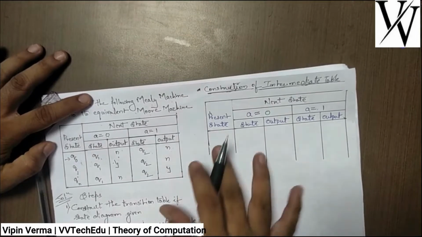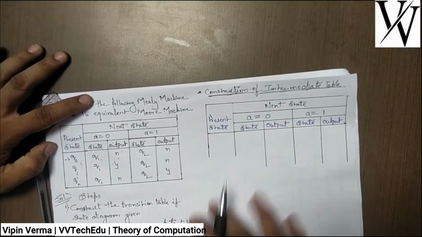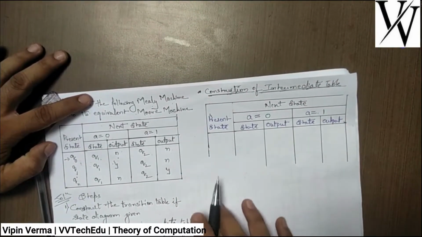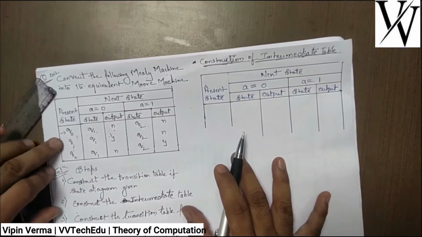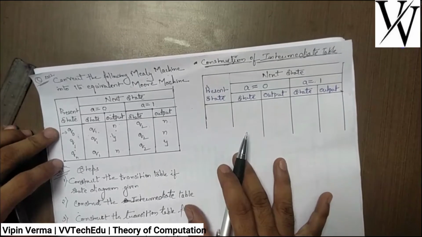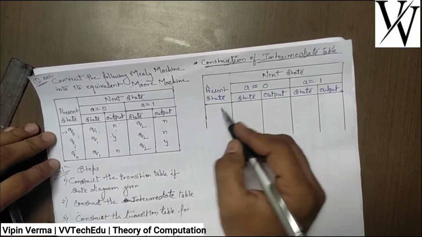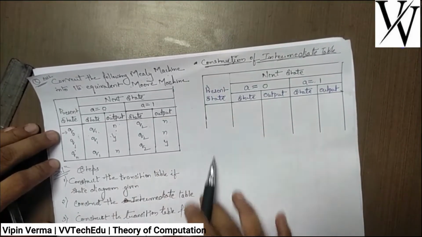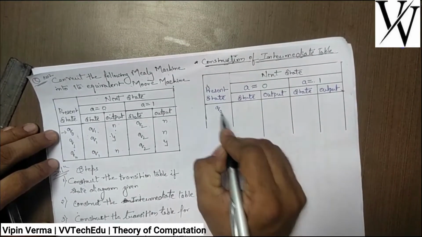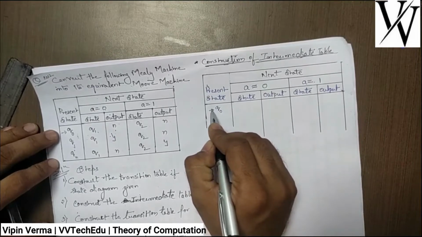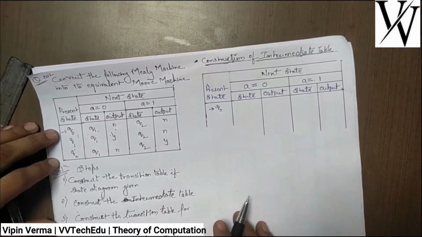Okay, now we're starting with the states. How many states are there in this intermediate table? For this we need to refer to the given table of Mealy machine. सबसे पहले हमें देखना है कि कितनी स्टेट्स हमारे इस डायग्राम में आएंगी। हम स्टार्ट करते हैं सबसे पहले Q0 स्टेट से, which is the initial state. Now in this initial state